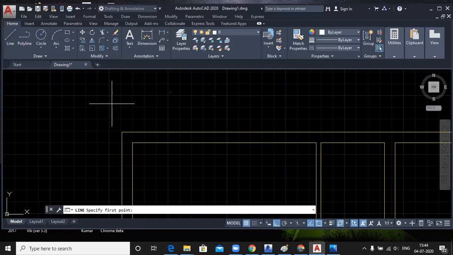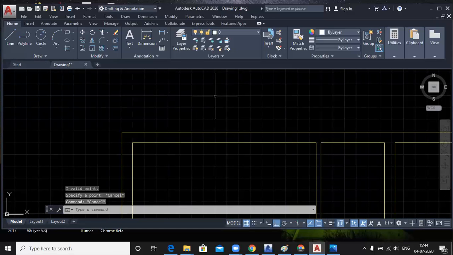If you want to draw a line from a point, but we don't have any specific point, you just draw a point here, like this. We created a node, a reference point. Yes, a node point.